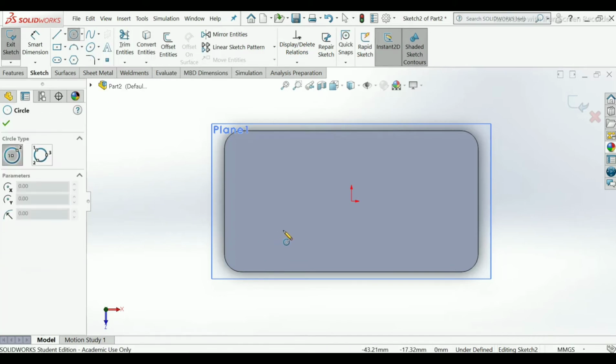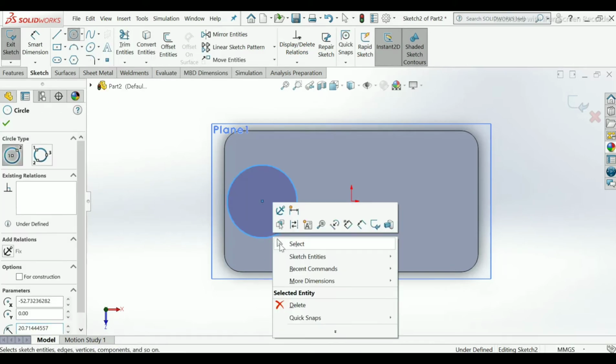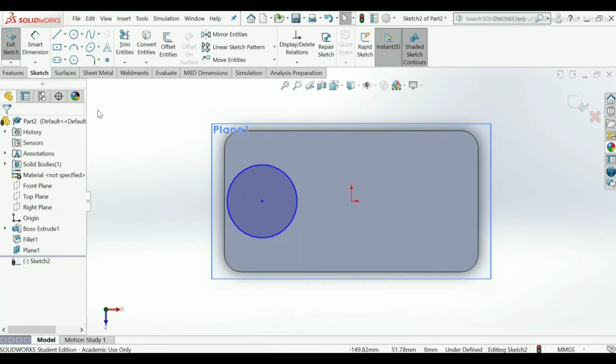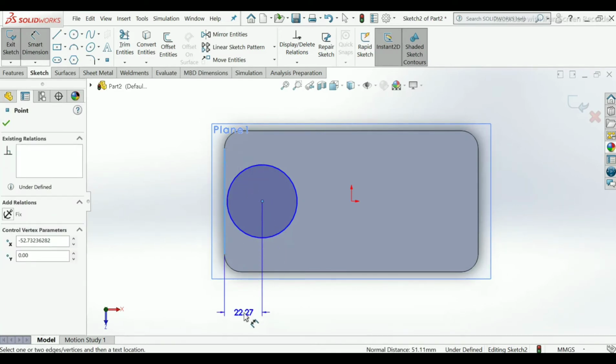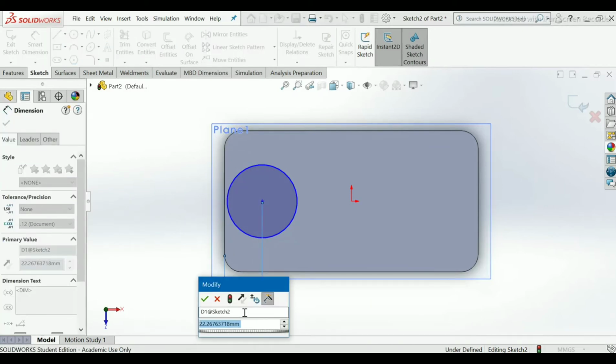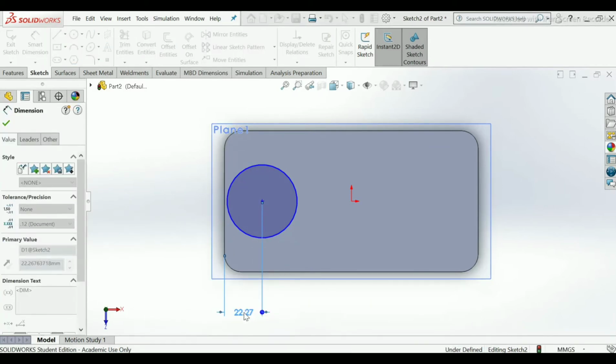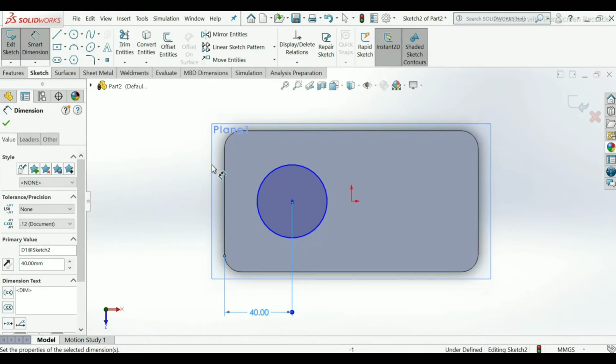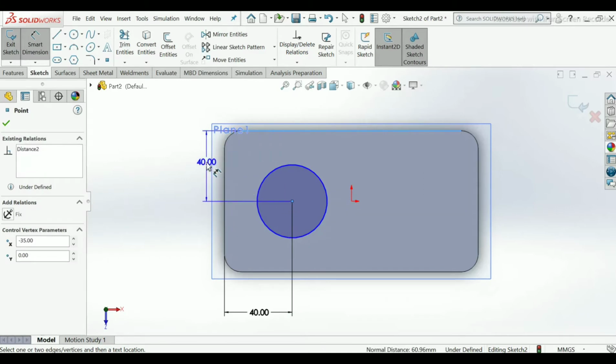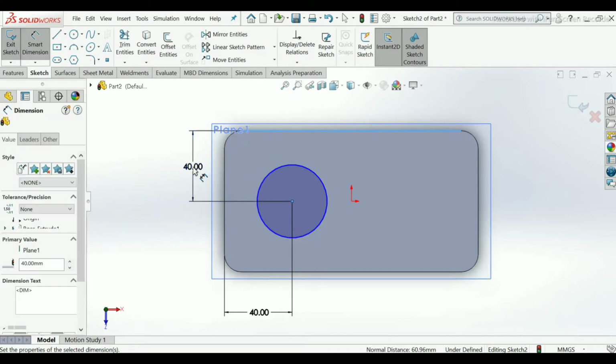Take circle from sketch command. Draw it. Apply dimensions from here to center point of circle. Choose 40 mm distance from horizontal. From vertical choose 40 mm.